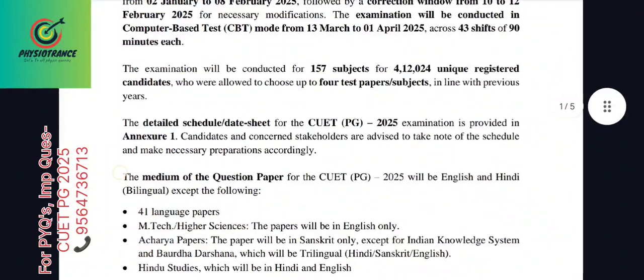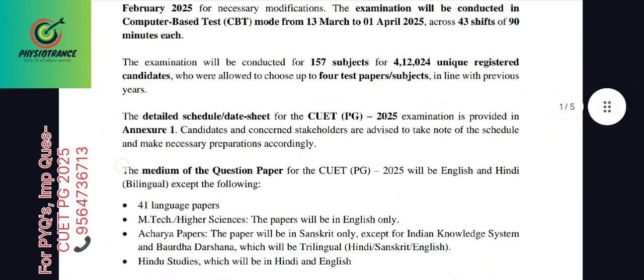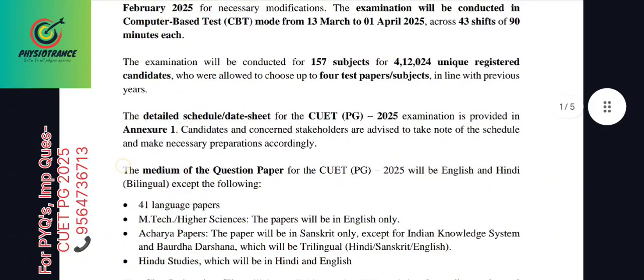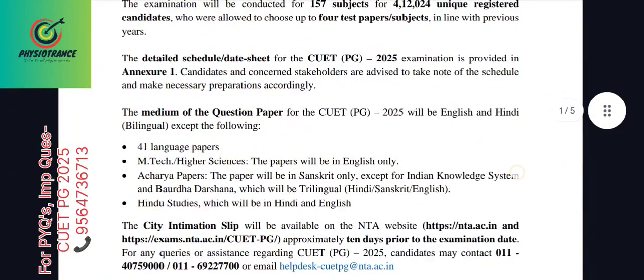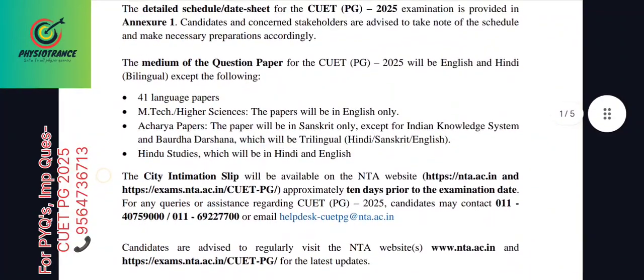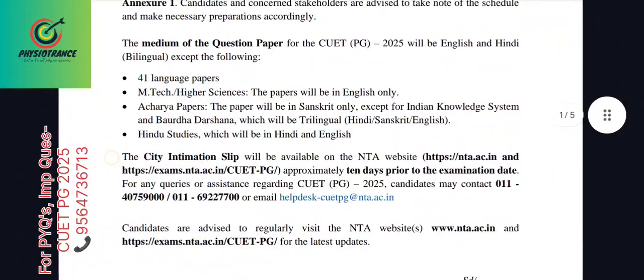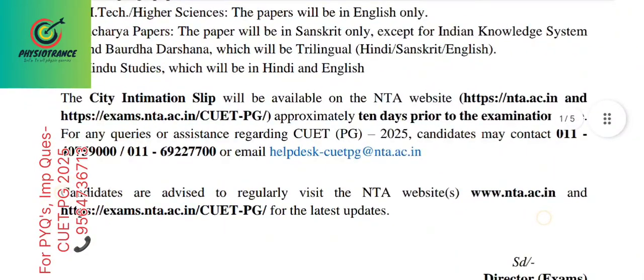It will be conducted for 150 subjects for 4,12,024 unique registered candidates, as written according to registration. The examination schedule is provided in Annexure 1. The medium of the question paper will be English and Hindi, bilingual both. The city intimation slip will be available on the NTA website